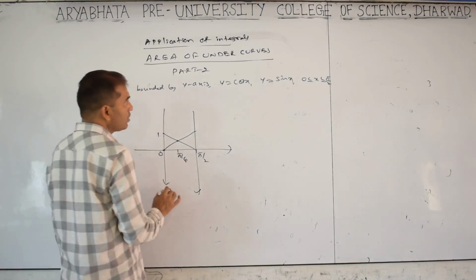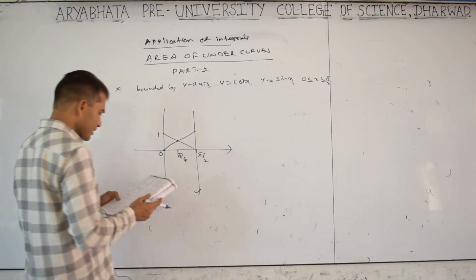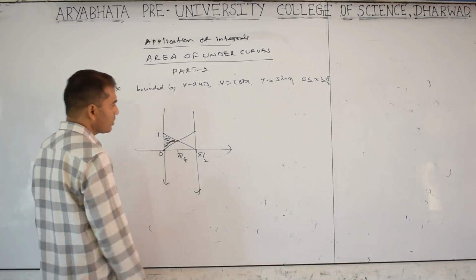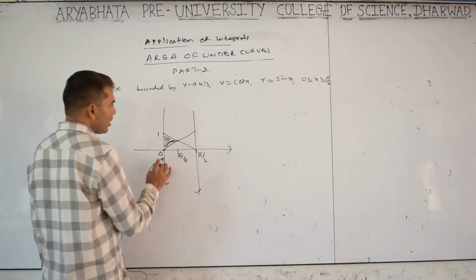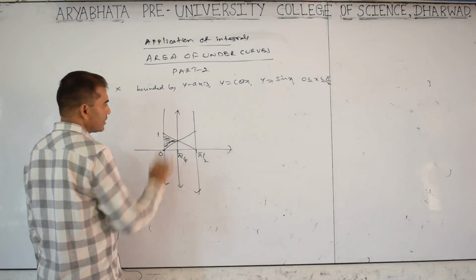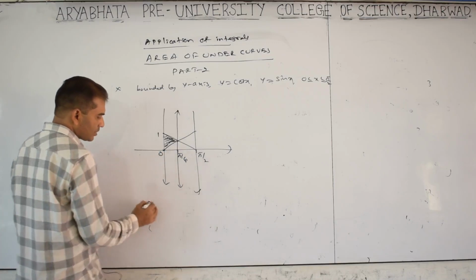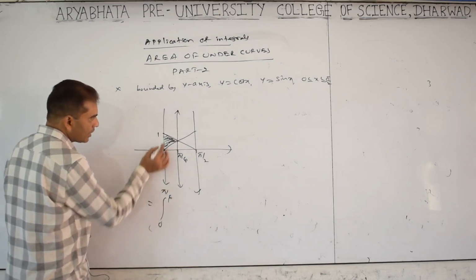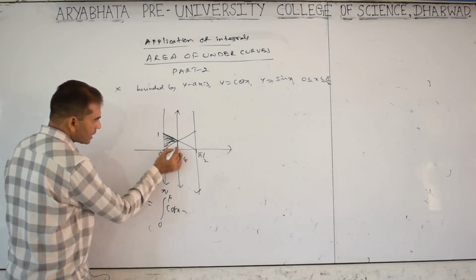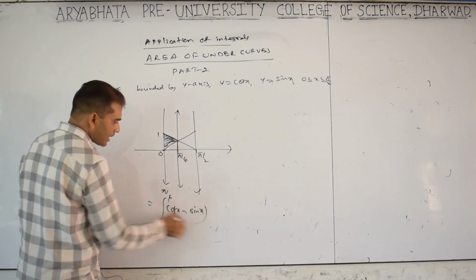So the area between the two curves and the y axis is this part, not with the x axis. To get this area, we should draw one more line here. This one occupies the big area and this one the small area. So integrate from 0 to π/4: which one occupies the bigger area? Cos x occupies this much area, and sin x occupies the small area, so the integral of (cos x minus sin x) dx.